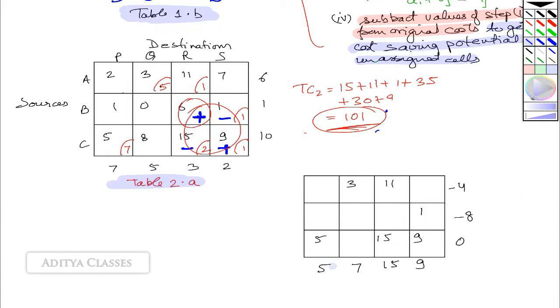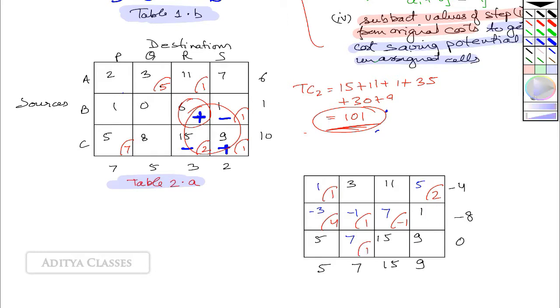Then let us go ahead and find the values of these new cells. What will be the values? 5 and 4, making it a 1, 9 minus 4, 5, minus 3, minus 1, 7 and 7. Next step is subtract these new cell values from original costs. 2 minus 1, 1, 7 minus 5, 2, 1 minus 3, 4, 0 minus 1 is 1, 6 minus 7 is minus 1, 8 minus 7 is 1.